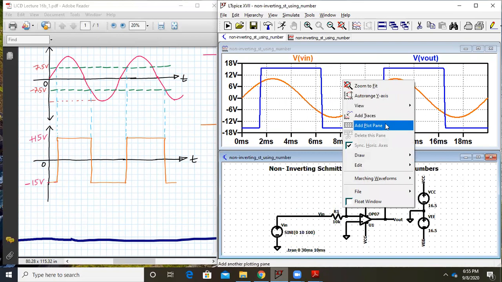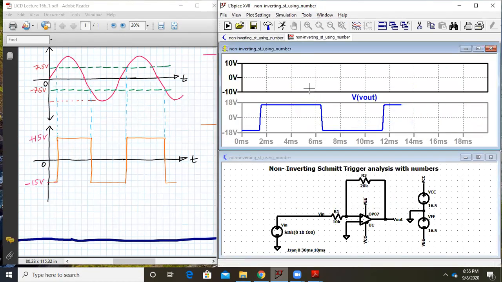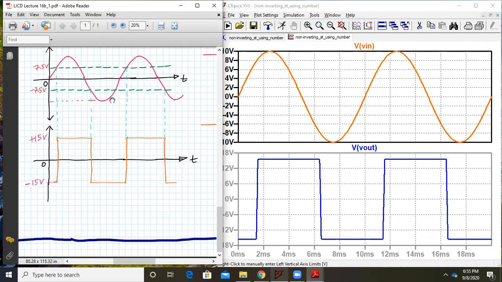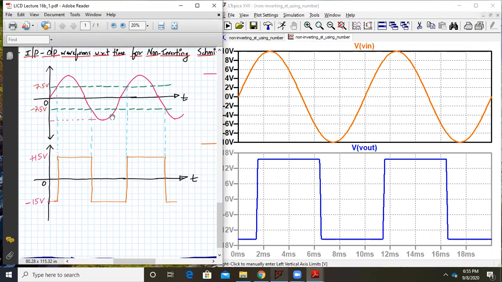Let me just add a plane plot and push my input on this side so you can see clearly. It's exactly the same way. The circuit to your left hand side and the waveforms to your right hand side. I mean, the waveforms to your left are drawn on OneNote PDF, and the waveforms to your right are the result of the LTspice simulation. We have simulated the circuit in LTspice, so the results are quite similar, quite evident over here.